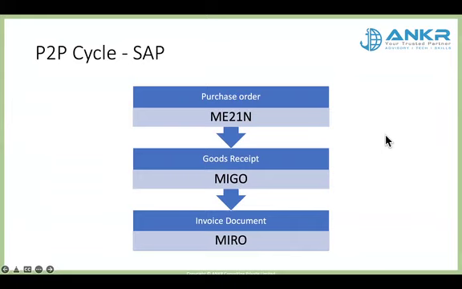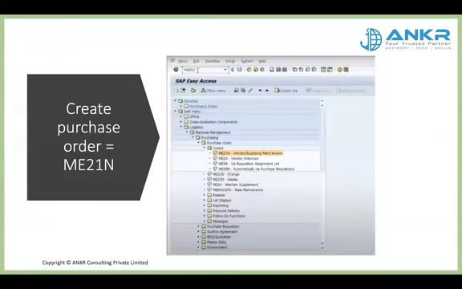For purchase order preparation, there is a T code which is used, which is ME21N. Okay. So how do you do it? You log in and come to the SAP screen. Either you go to logistics, materials management, purchase order, create, and then you have ME21N, or you can just put in ME21N